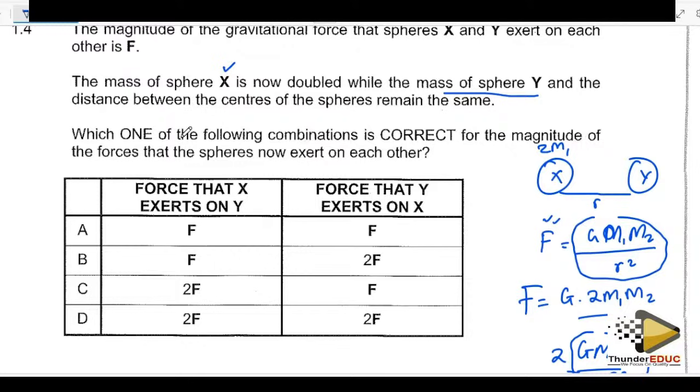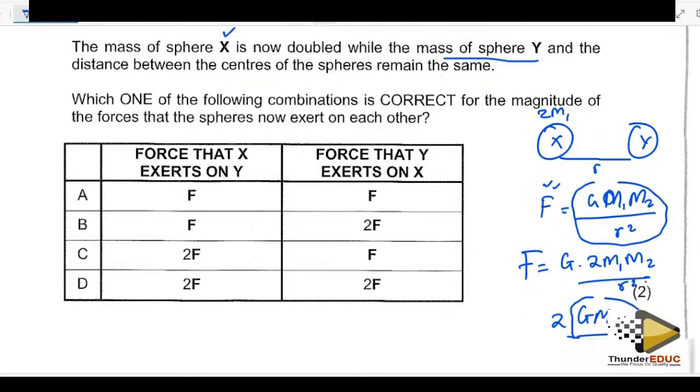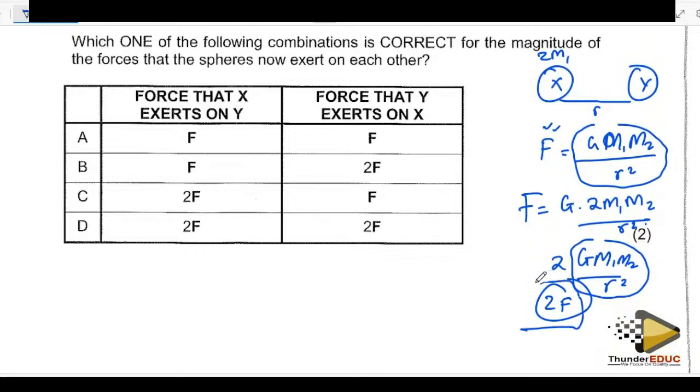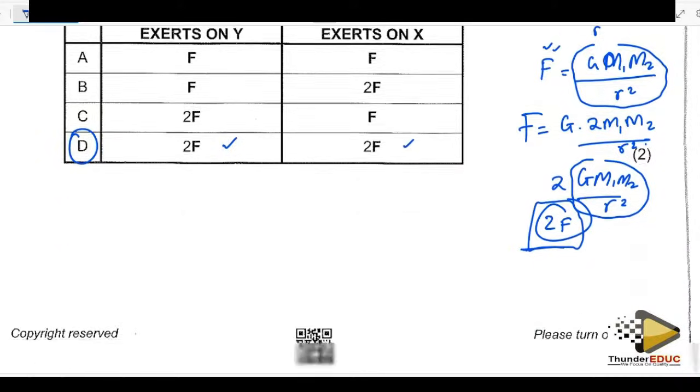So they're asking us which one of the following combinations is correct for the magnitude of the forces that the spheres exert on each other. Remember I said they have to be the same, but currently our force has to be twice the original F. So this and that, which is option D. Then